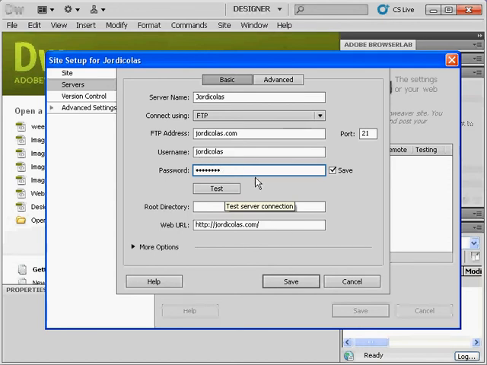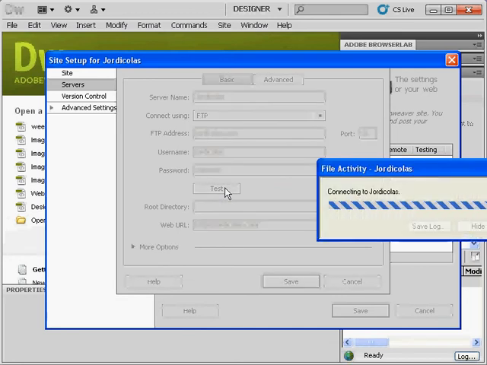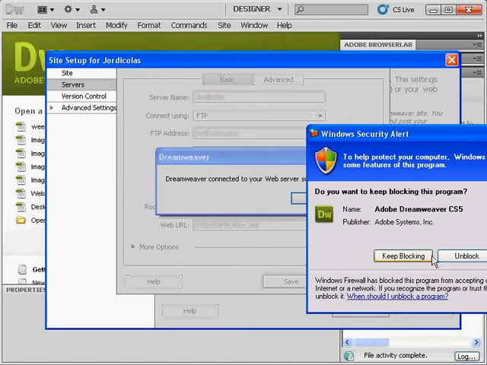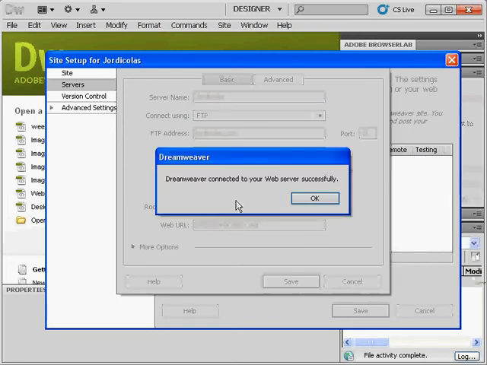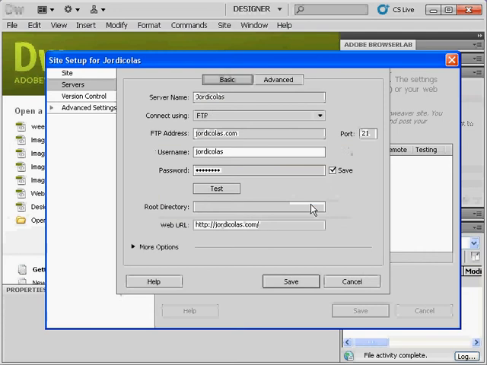And once you've entered that information, you should hit test. And if you get a dialog like this, just unblock. And this is a good sign. Dreamweaver connected to your web server successfully. Anything other than that just simply means that you did not put in your FTP address correctly, or your username